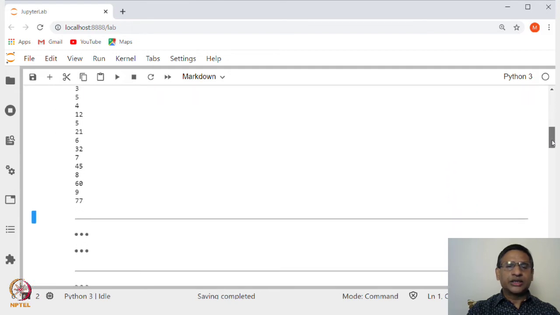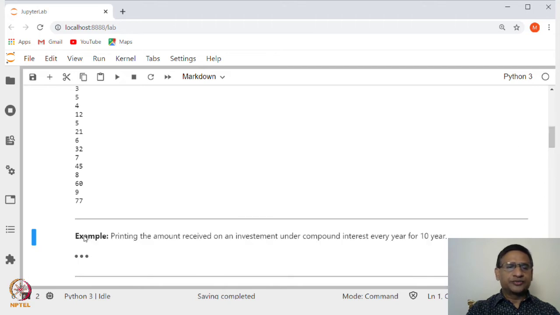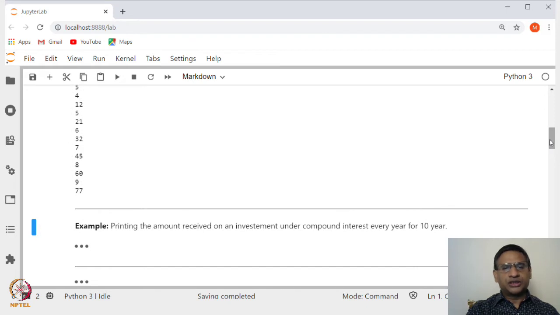Now, let us look at some examples of how to make use of this for loop. The first example we have already seen: how to compute the amount received when it is invested under compound interest at some interest rate.